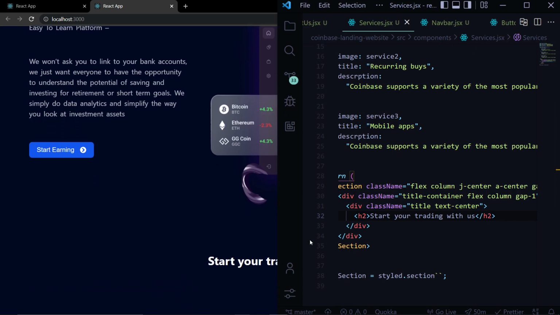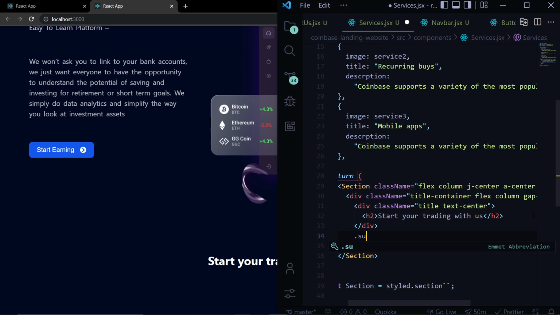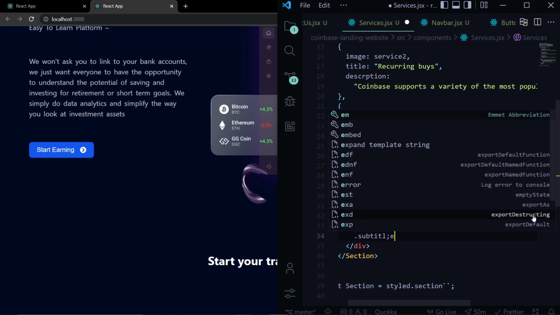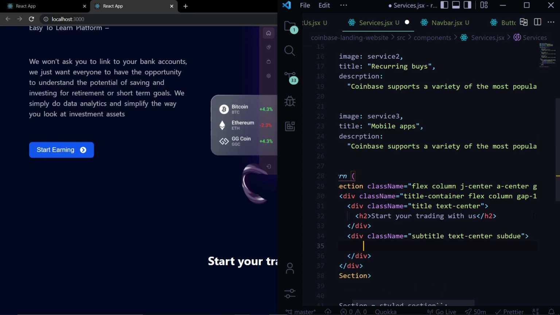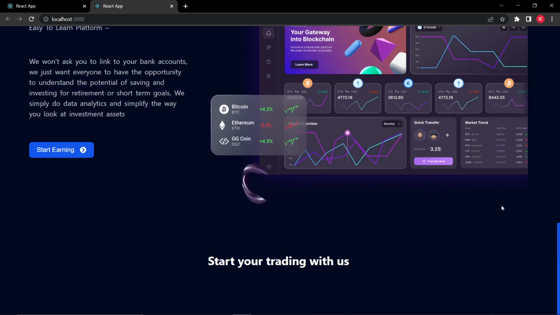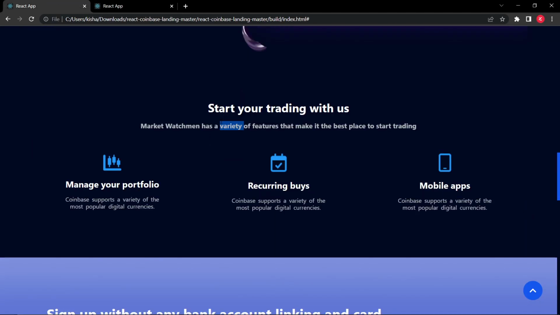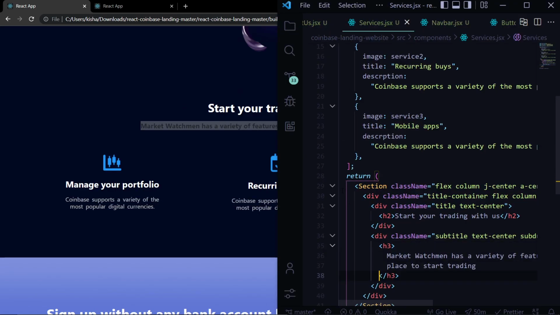This is gonna be here at the end. h2, after h2 we'll have subtitle, text center, subdue, h3. Let's copy the text of h3 from here, paste,